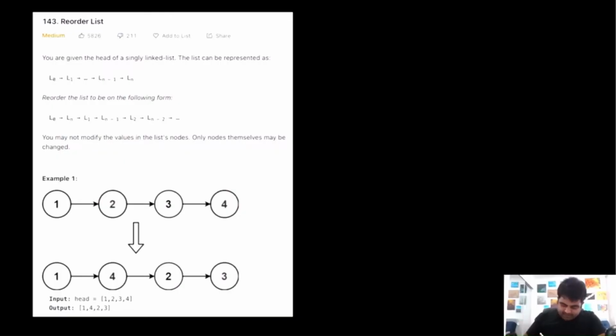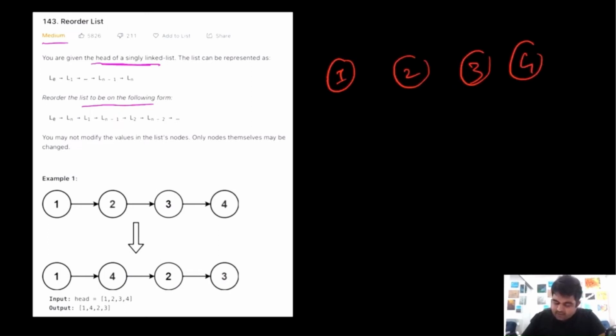So this is a LeetCode medium problem, and basically we are given the head of a singly linked list, and we need to reorder this linked list and return it in a different manner. So let me quickly show you by an example how we want to return it. Suppose we are given a linked list like this: 1, 2, 3, 4. This is a normal linked list, and now we need to reorder it